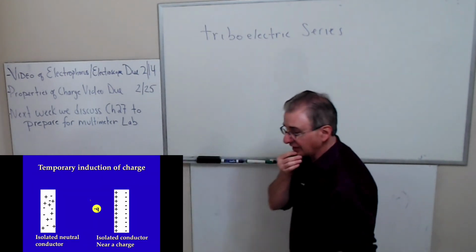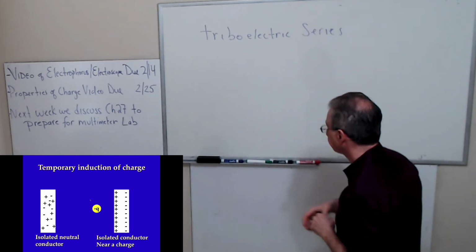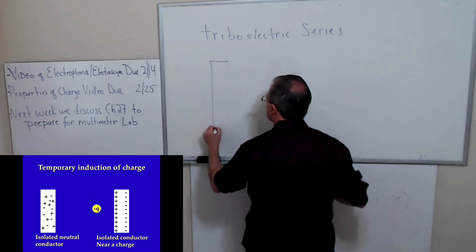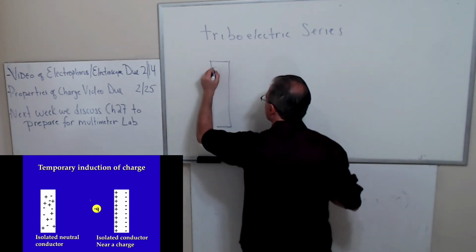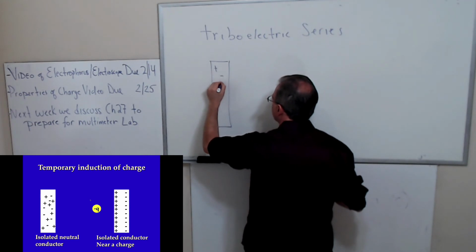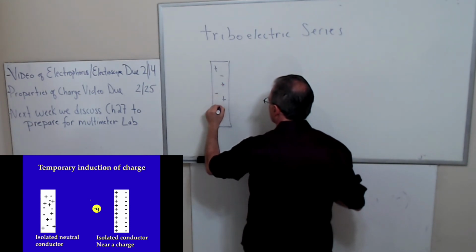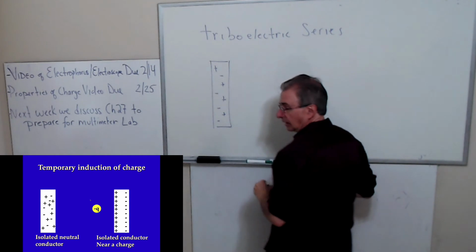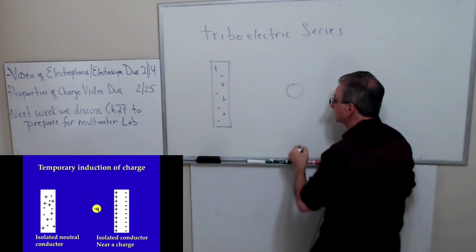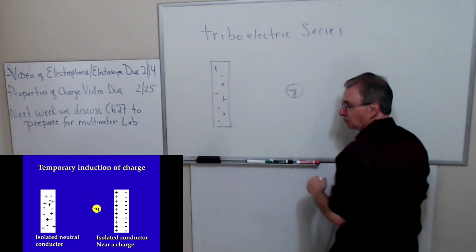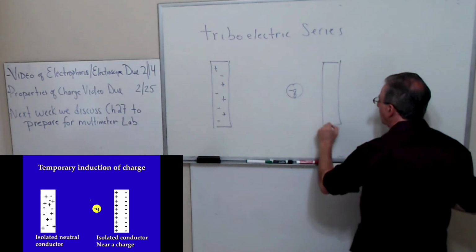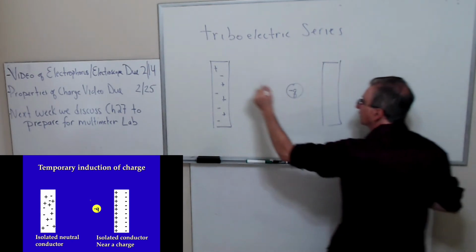When you have a conductor, so let's say this is a conductor, and let's say you just have positive and negatives everywhere randomly. And then you put a positive charge or a negative charge near it. I guess I'll use negative because that's the easiest one to work with. What happens is when I bring this charge near the conductor,